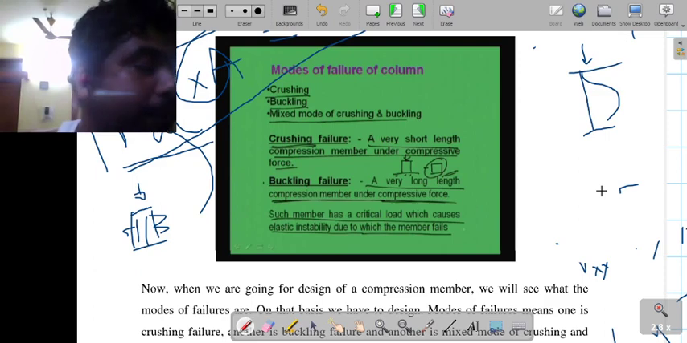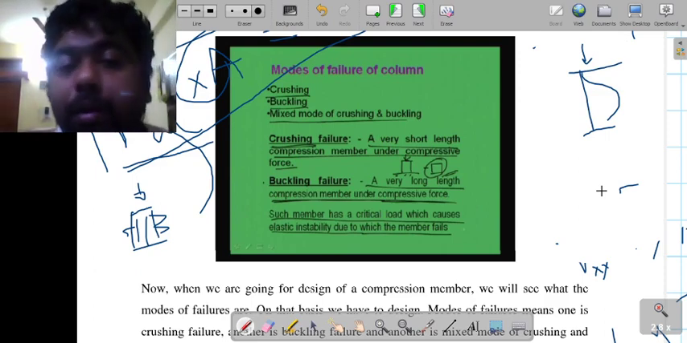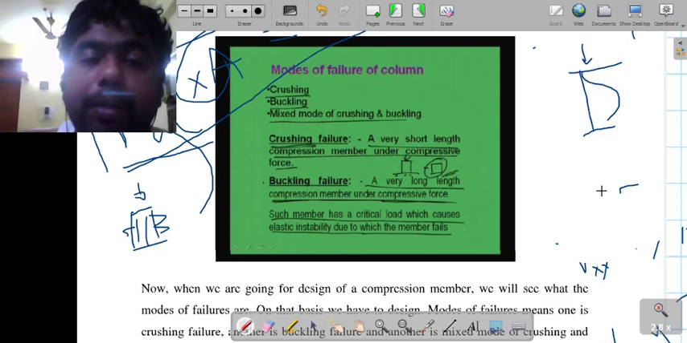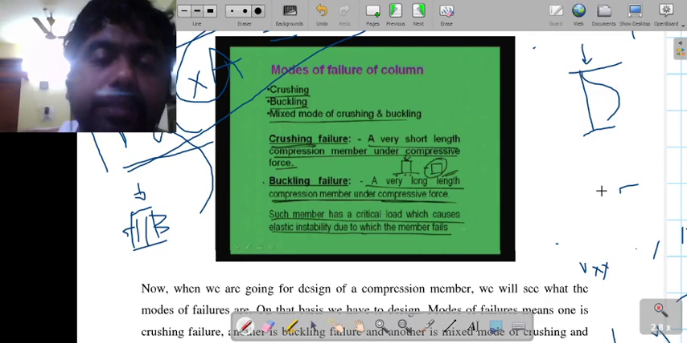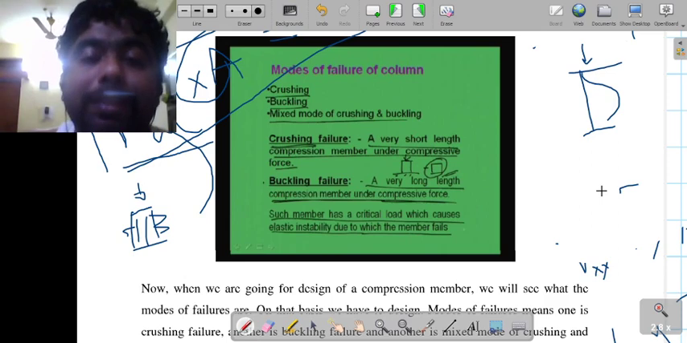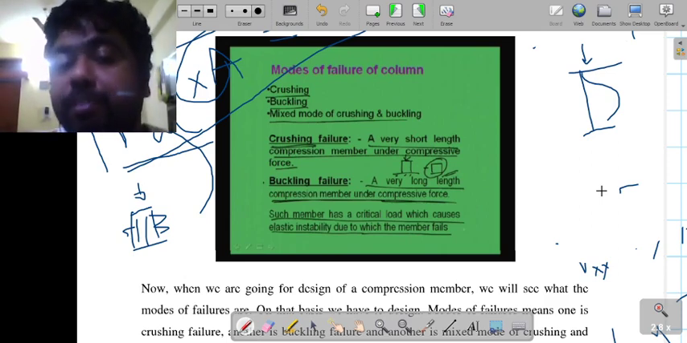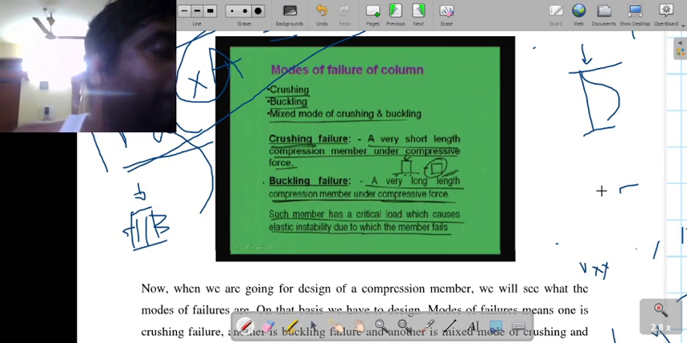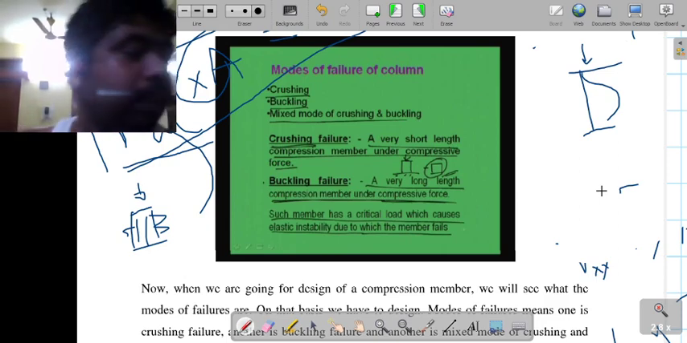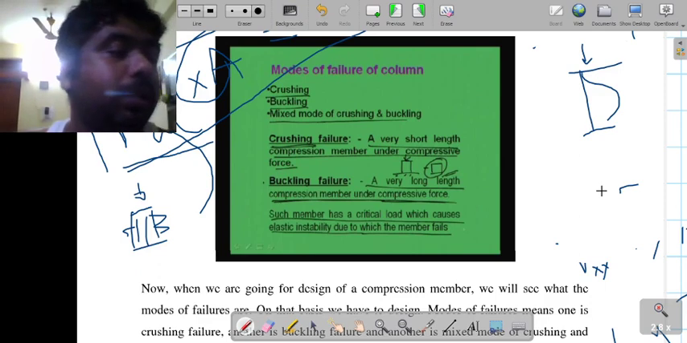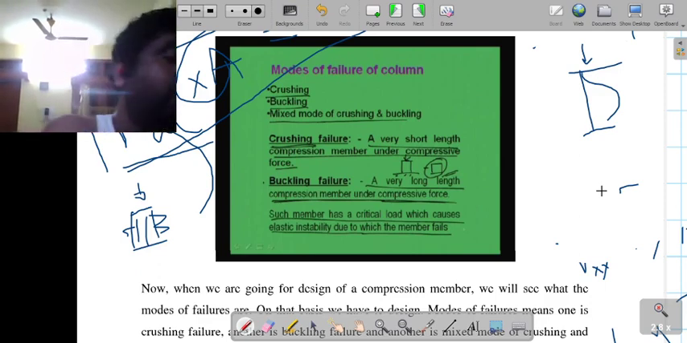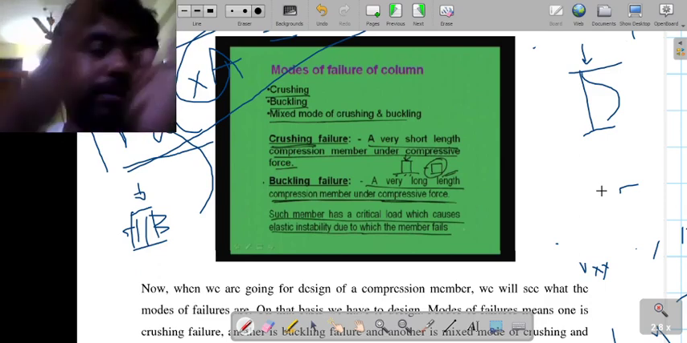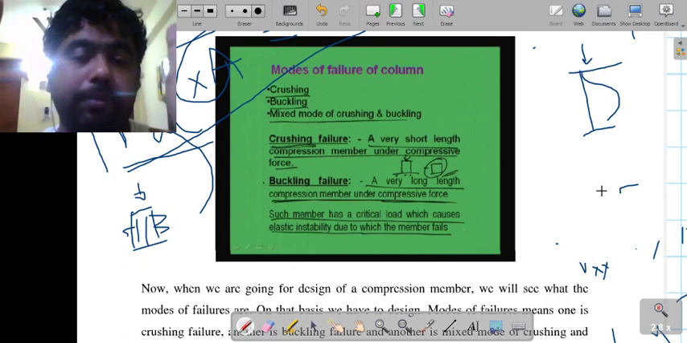Sorry, when this value is more than 100, we call it a long column, that means it will fail by buckling. When the slenderness ratio is less than 60, we call it a short column, that means it will fail by crushing. And when the slenderness ratio is between 60 and 100, it is called an intermediate column, so the chance is that it will fail by a mixed mode of crushing and buckling together. Okay, so these are some basic information that we need to know before we go for any kind of design of a column section. One thing is how the failures occur, what the different types of columns are, and then